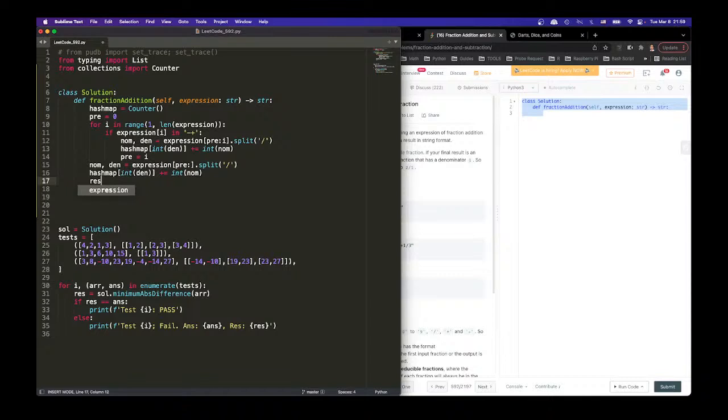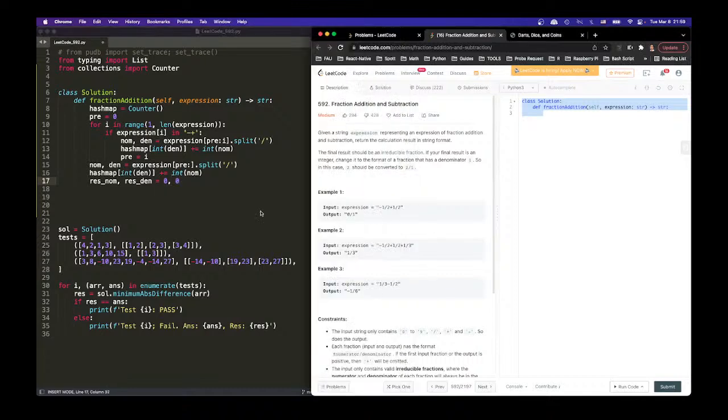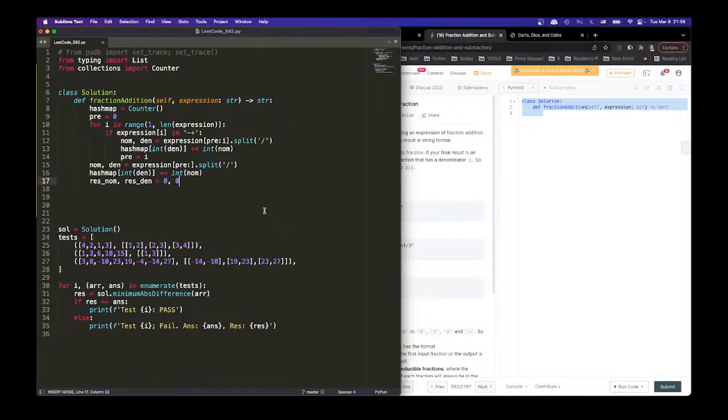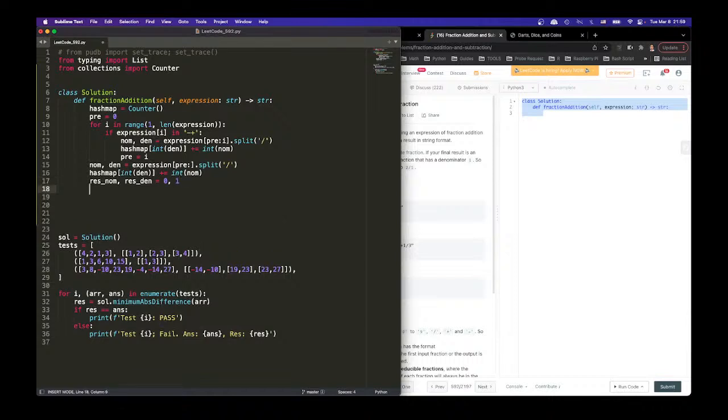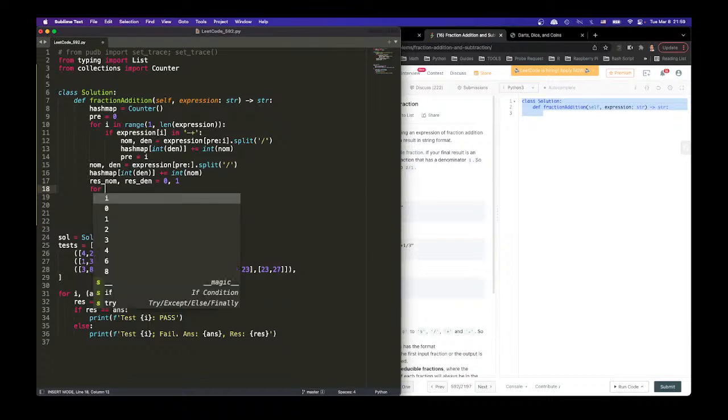Res num and res den then equal 0 and 0. Wow, res den cannot be 0, man. Res den cannot be 0. But that's fine. What we want to do, well, actually, let's put it 1. Right? So what we want to do is for a